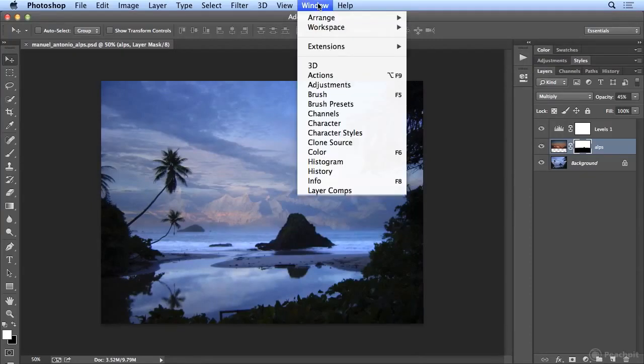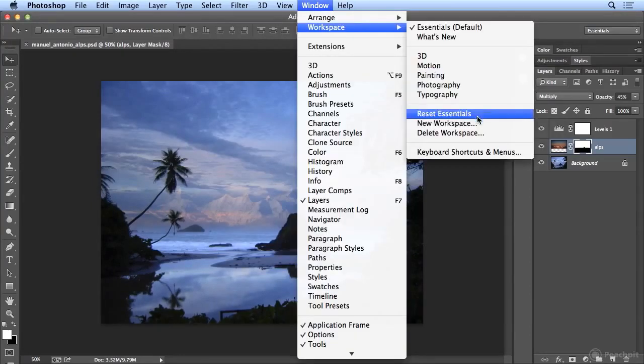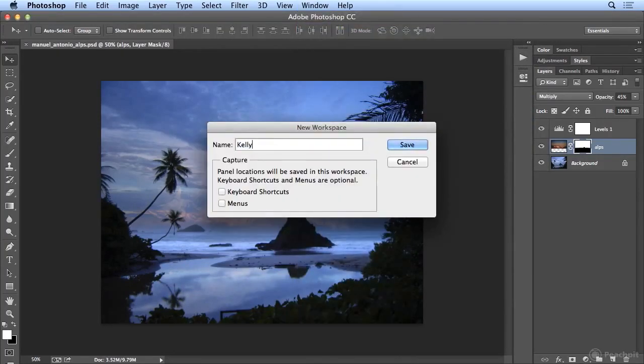So now it's time to save and create a new workspace. And I'll call this Kelly. Insert your name here. Now, if I've customized menus by giving them